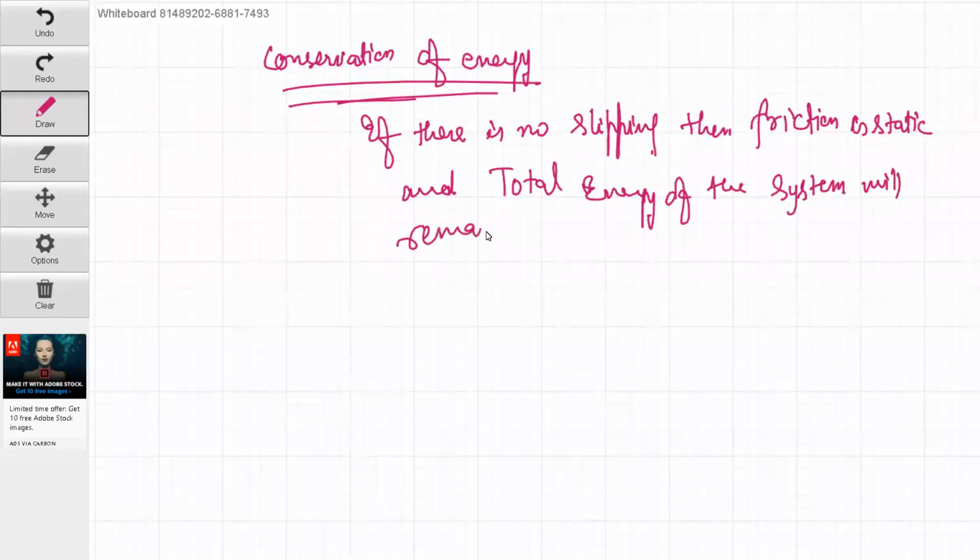Conserved. Hope you understand. Total energy of the system will remain conserved. So suppose